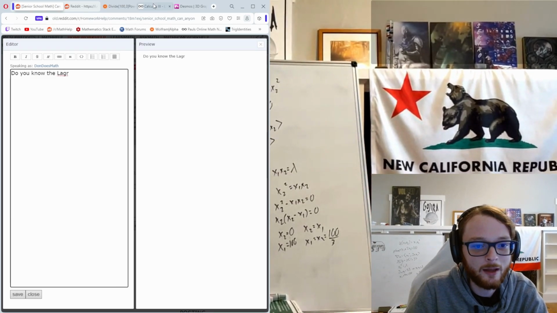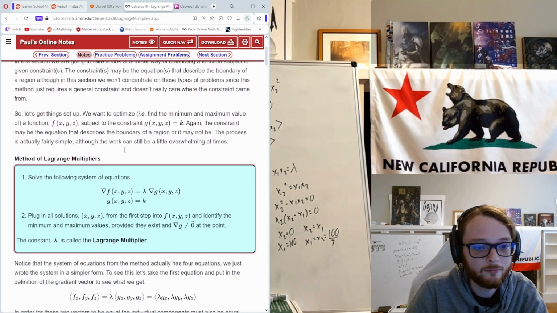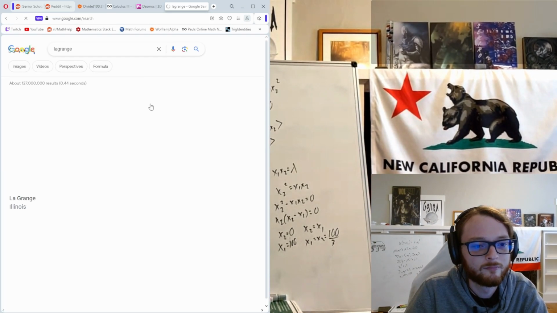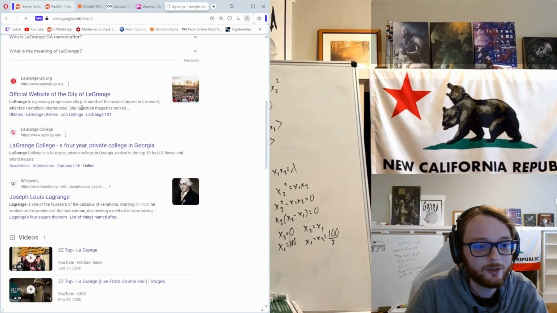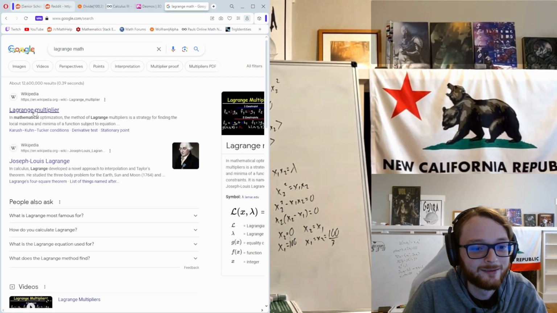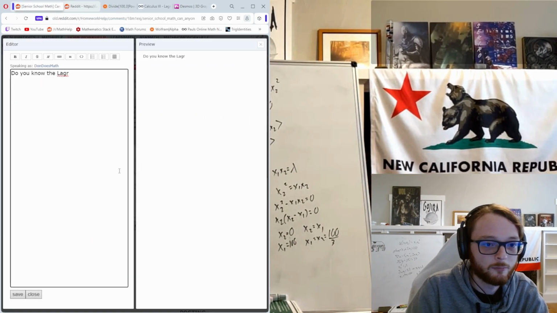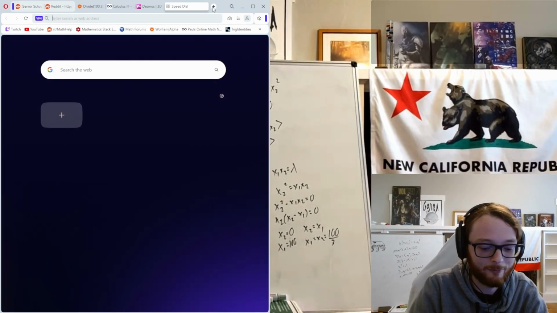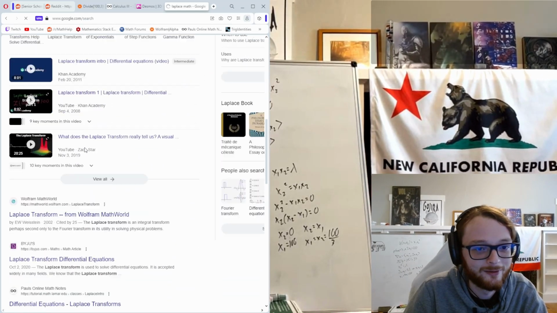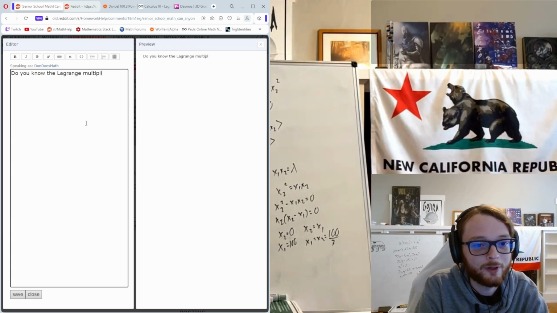Wait, isn't the g in Lagrange supposed to be capitalized? Evidently not. Okay. Lagrange, Illinois. Okay. Math. No, okay. I assumed G was capitalized, I guess not. Isn't Laplace? Okay, I'm sorry, I'm going off another Laplace math. It's not capitalized. Okay, I don't know where I got that from then. Lagrange multiplier method.